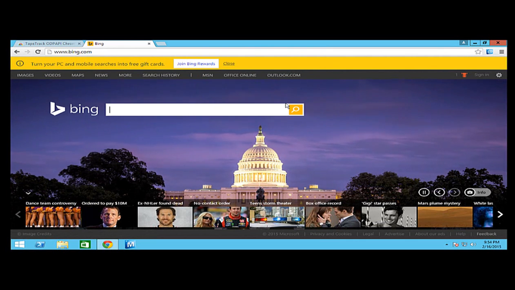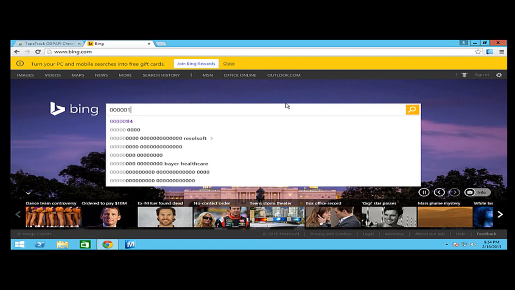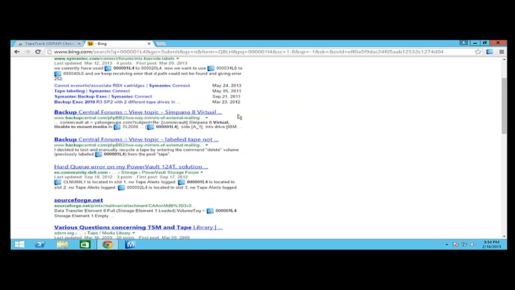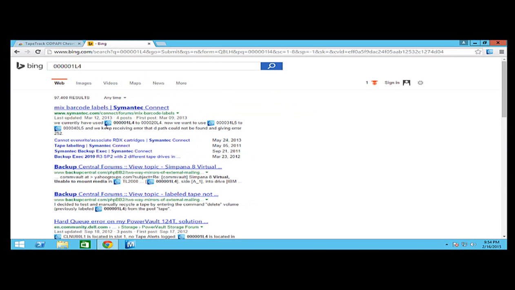Now, you probably wouldn't normally search in Bing for a tape ID. You might be using Chrome to access your backup software web interface. But for this example, we're going to select something that looks like a tape ID in Bing. And what we'll see now is that in our Bing output, anything that looks like a tape now has a